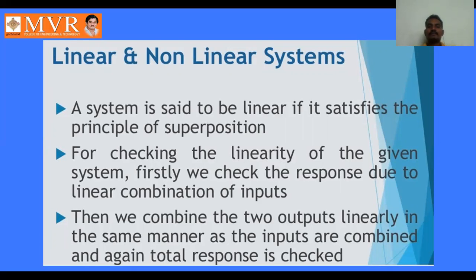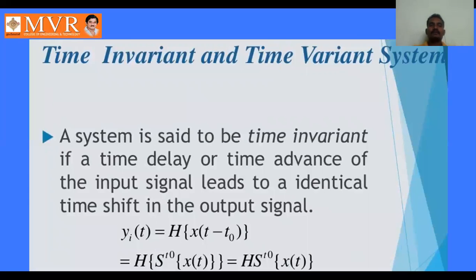If it does not satisfy the principle of superposition and homogeneity, then we can say that it is a non-linear system. Then next one is time invariant and time variant systems. What is meant by time invariant and what is meant by time variant? So a system is said to be time invariant if a time delay or time advance of the input signal